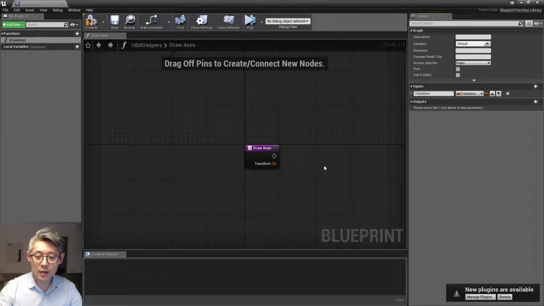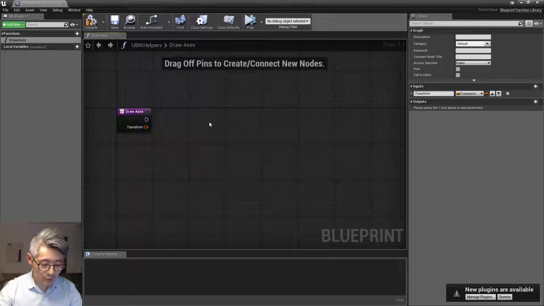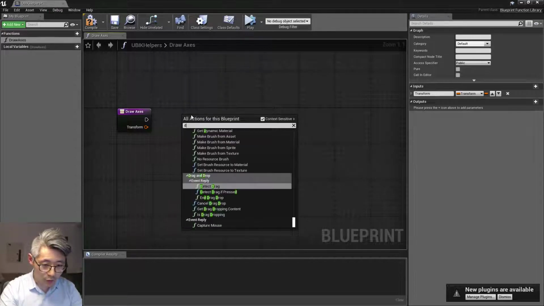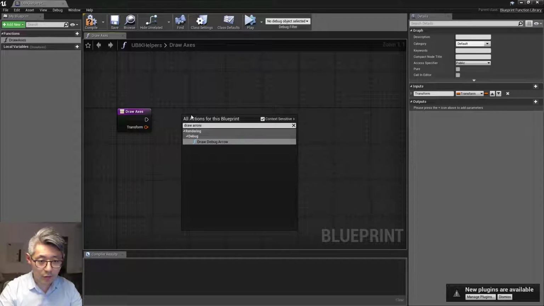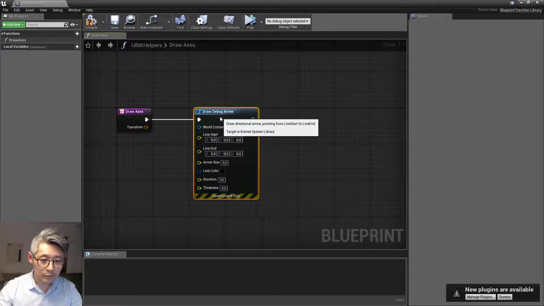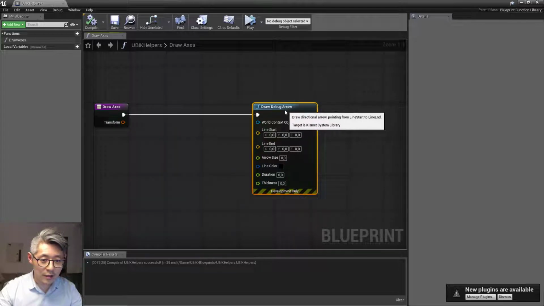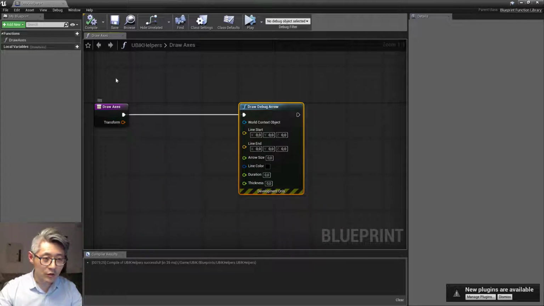and then it's going to take in a few other things. But to begin with, let's draw some lines here, really. That's the first thing. So draw arrow, debug arrow. Let's see if this compiles. Okay, so the line start is going to be the transform here. So for now,